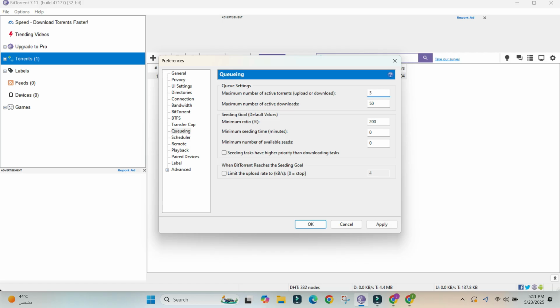The first, maximum number of active torrent uploads or downloads, is up to 3, and the next, maximum number of active downloads, is 2, and the maximum ratio you can change accordingly, as here it is 200, so you can change it to 7, 9 or 5.